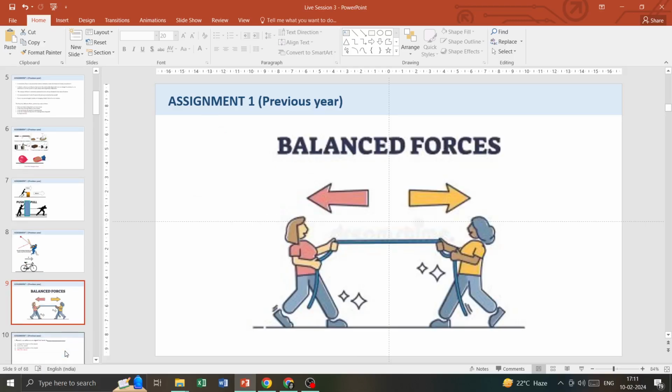And then this is an image which explains the tug of war game, in which there is a rope and two people are pulling it, and it is a balanced force because both people are pulling it towards them with exact forces. So it's a balanced force. If either of them had more or less force, for example, the woman in the yellow shirt, if she puts up more force, then the woman in pink will get pulled in the other direction. So right now, if they're not moving, it's in a state of balanced forces.